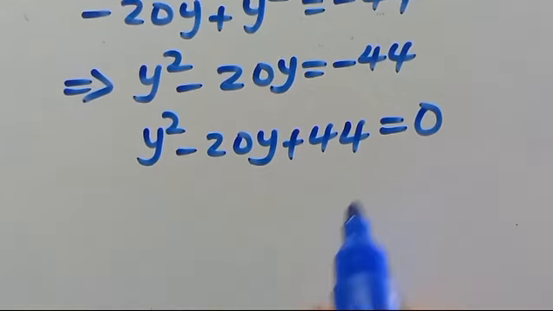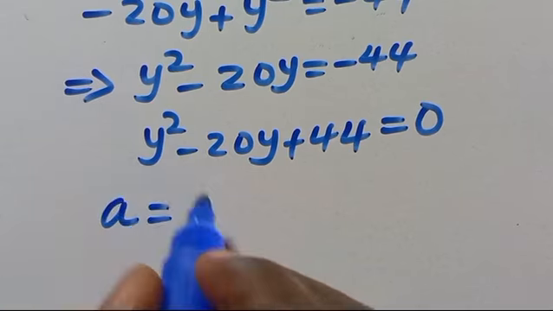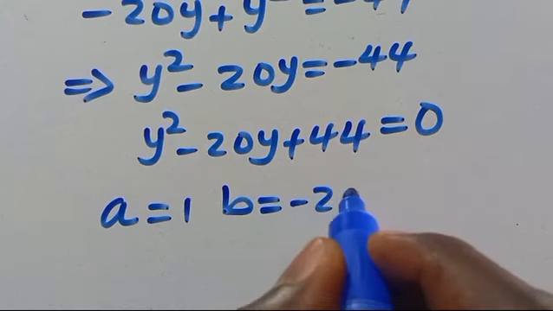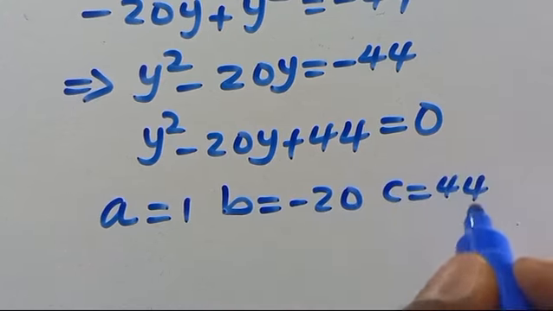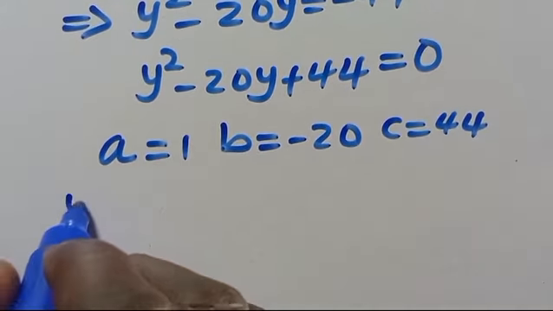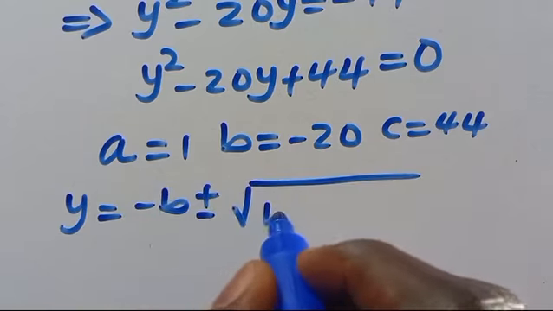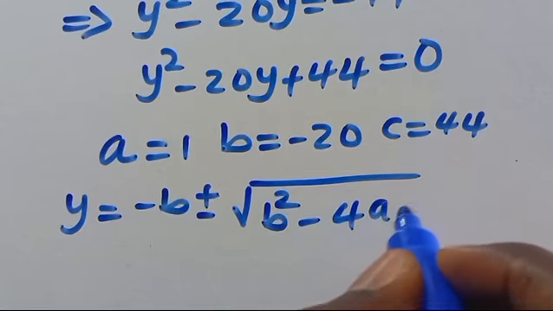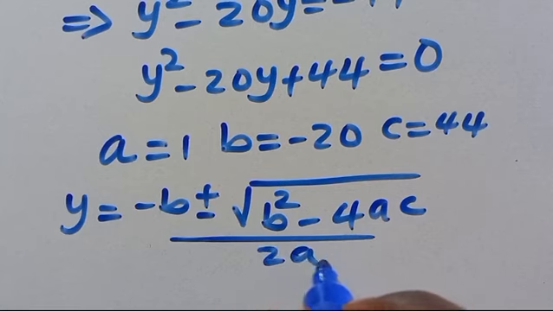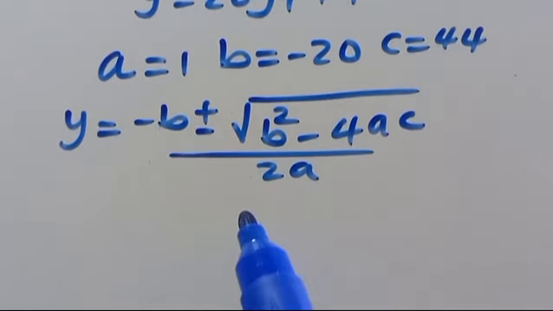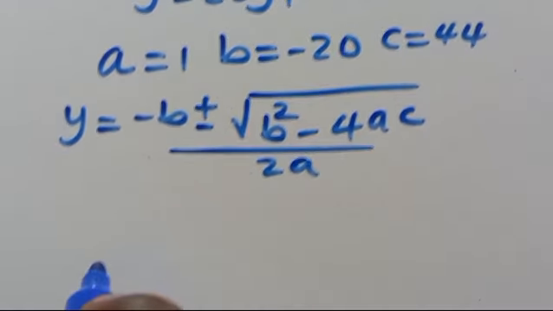This is a quadratic, of course, there is power 2. Then let's equate this by saying a to be the coefficient of y squared, 1, then b to be the coefficient of y, minus 20, then c to be 44. Then let us recall the formula y equals minus b, positive or negative, square root of b squared minus 4ac over 2a. Then our b equals minus 20, our a equals 1, our c equals 44. When we substitute everything, we are going to have